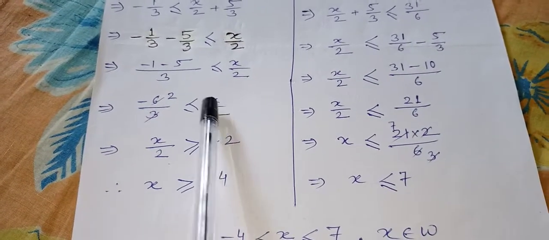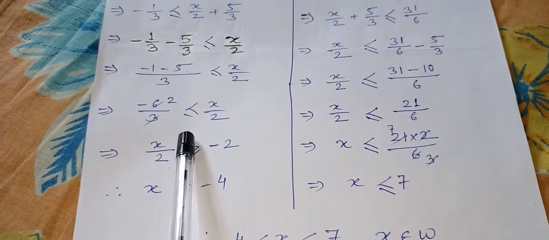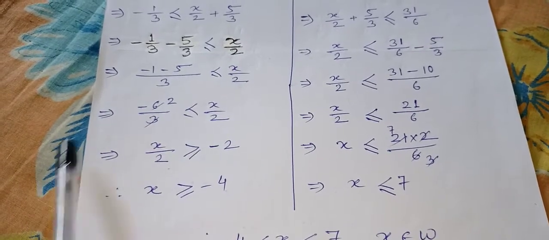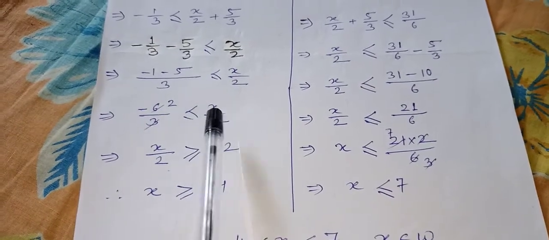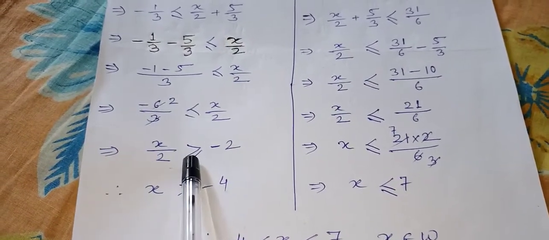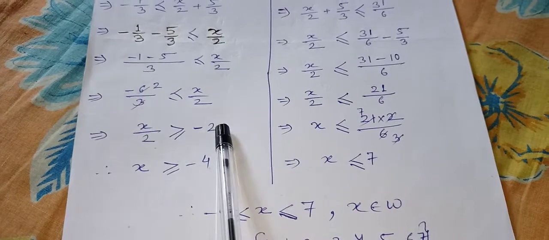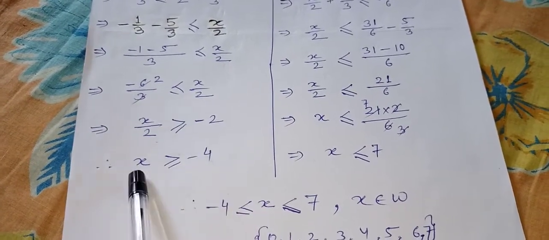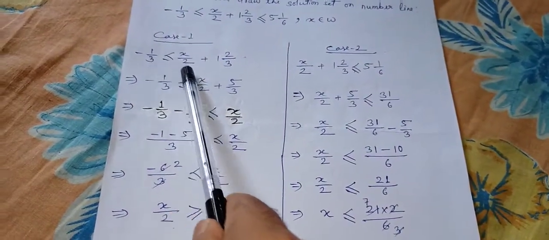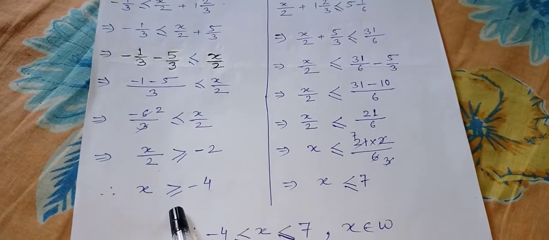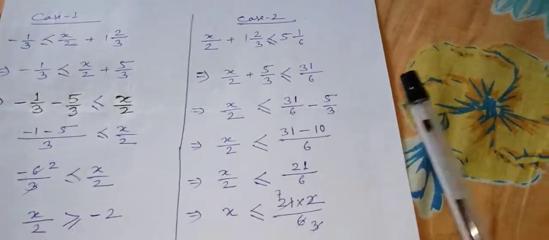The reason is the symbol is facing x. So when x comes to this side, to maintain the same property, the symbol has to face this side, because it was facing here also. Now it should face here also. So the symbol has changed. So this minus 2 has come to this side. Now this 2 and 2 will multiply. 2 2s are minus 4. So x is greater than or equal to minus 4. So in case 1, the less than or equal to symbol has changed to greater than or equal to. If in case 1 the symbol is changing, in case 2 the symbol will not change.